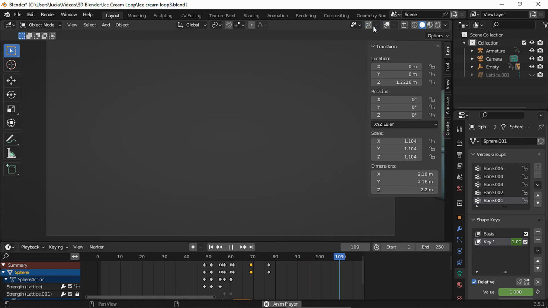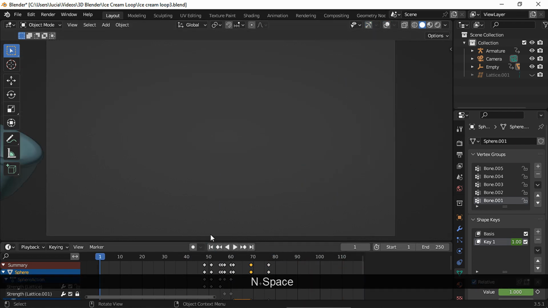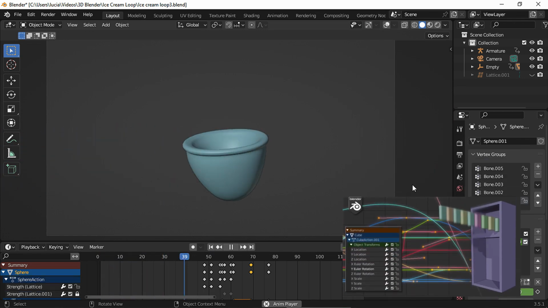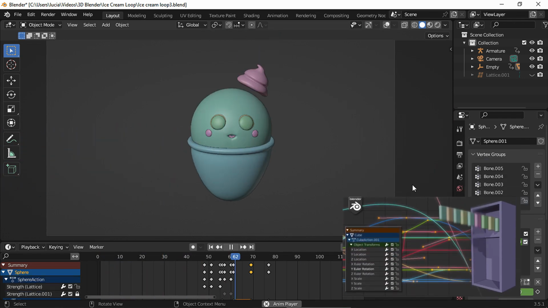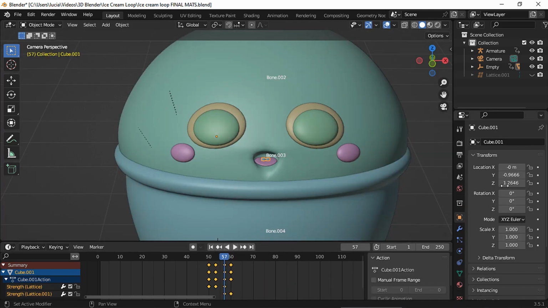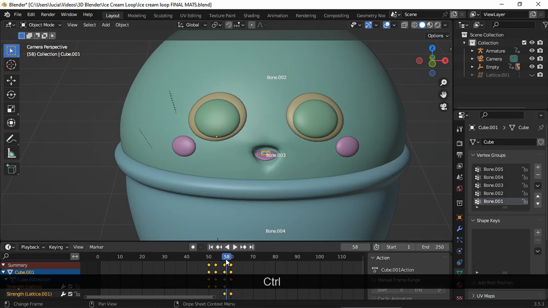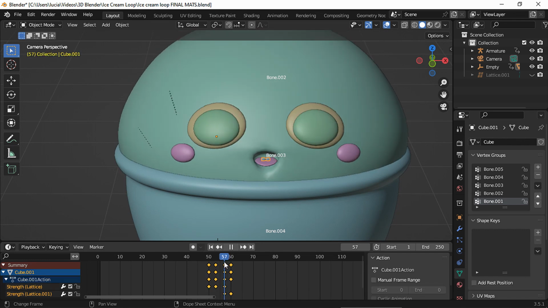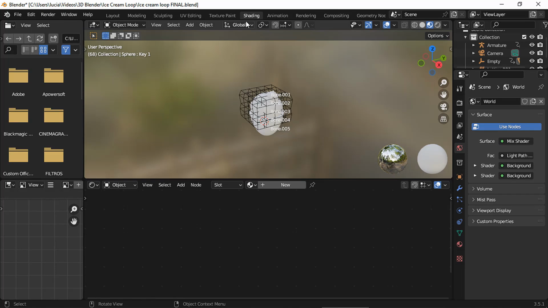If you want to, you could also play around with the interpolation and with the curves in the graph editor. I do have a few videos where I play around with the animation curves in case you want to get some ideas. And you could also create some keyframes for the teeth since they are outside the mouth in some frames. But since the animation is pretty fast, I don't think it's necessary.